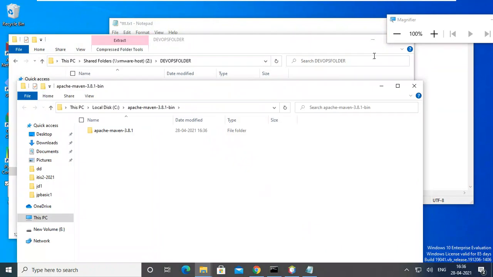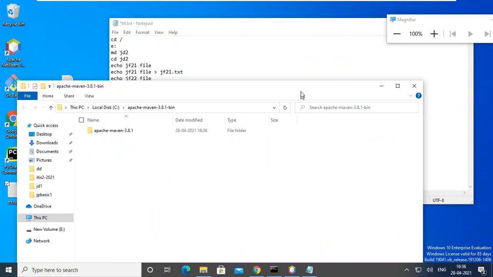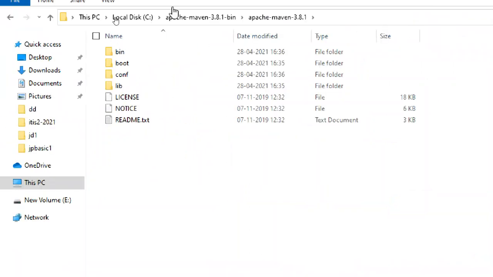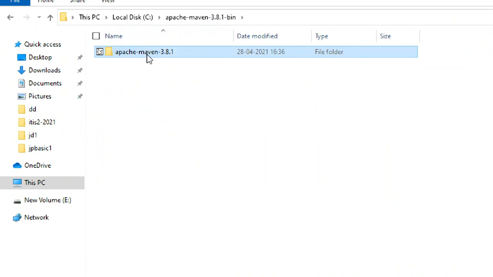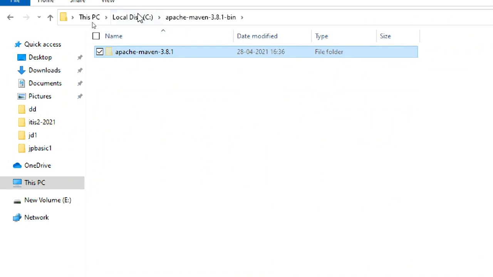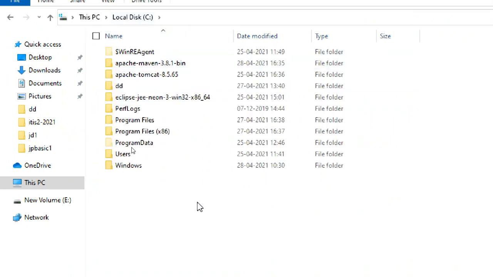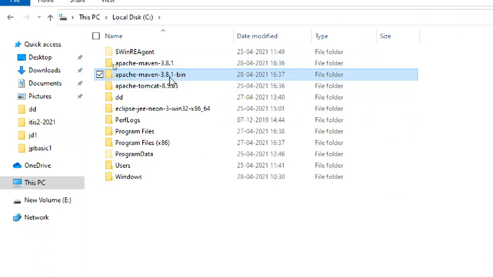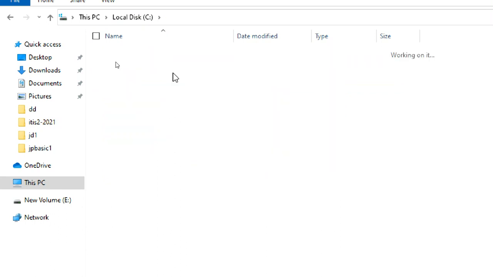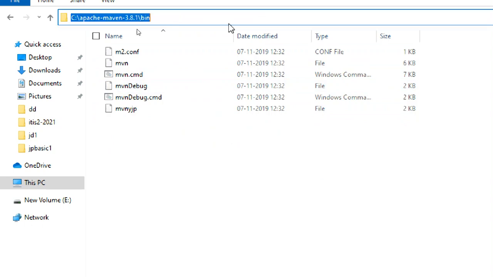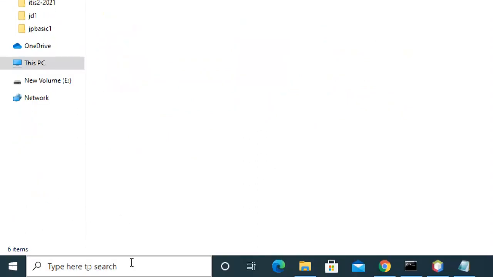Now it is extracted. The back one we should close. This is the C drive. Open it. So directly it is there. Okay, there is a double folder. So what I'm going to do is put it here. Now this is empty, delete the empty one carefully. Then these are the files. This is bin. So copy the entire thing. Why? Because we need environment variables.